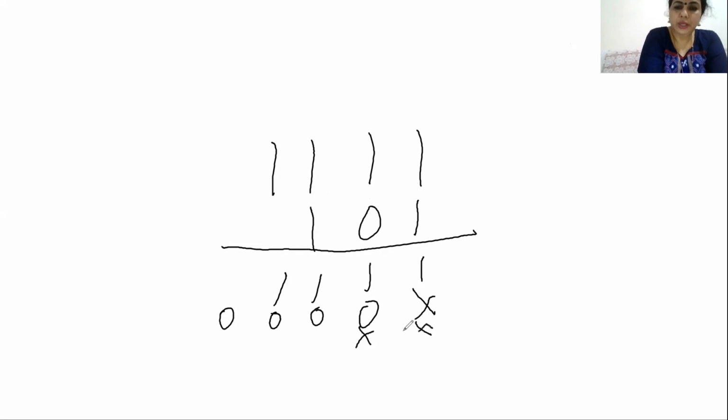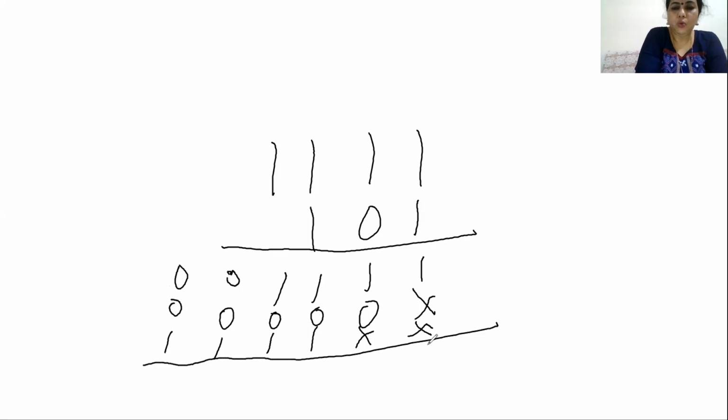Okay, now again 1 1 1 1. Now just you look at here for our easy task. Before it nothing will be there, we put the 0. Before it nothing is there, we have to put the 0. Okay, now if I have to add the number 1, this is 1 1 1 1 0, so we have to carry a number 1. So 1 1 1, that will be 1 1, so carry the number 1.